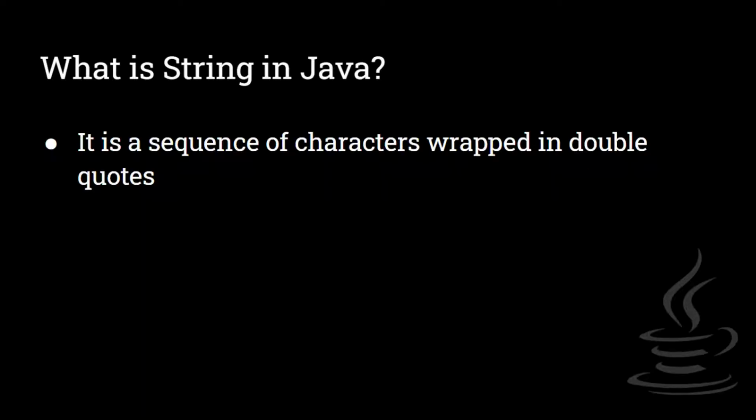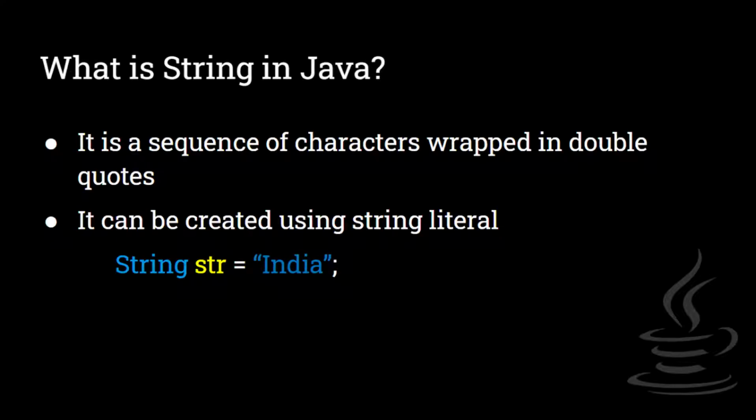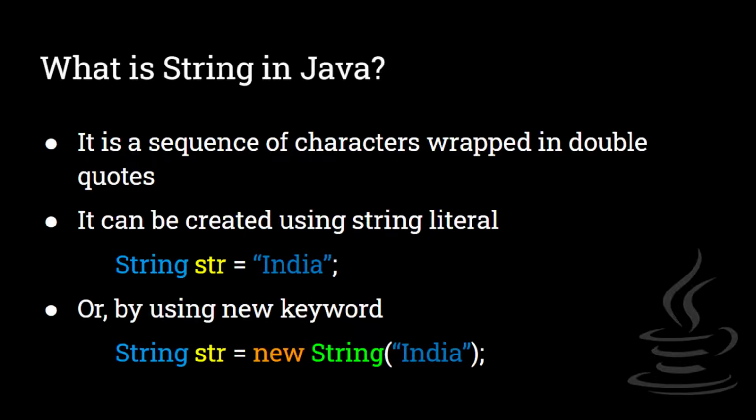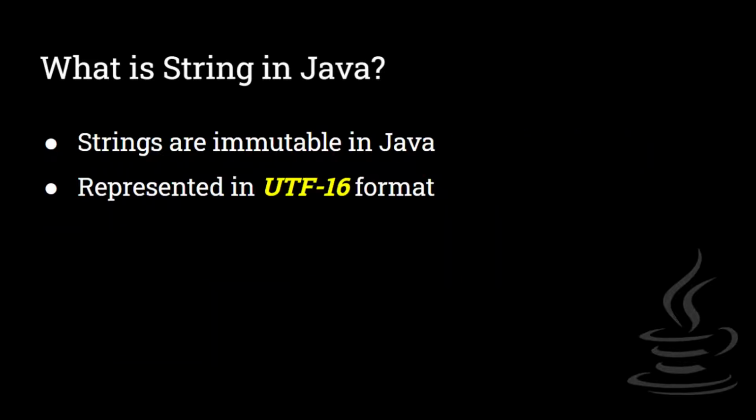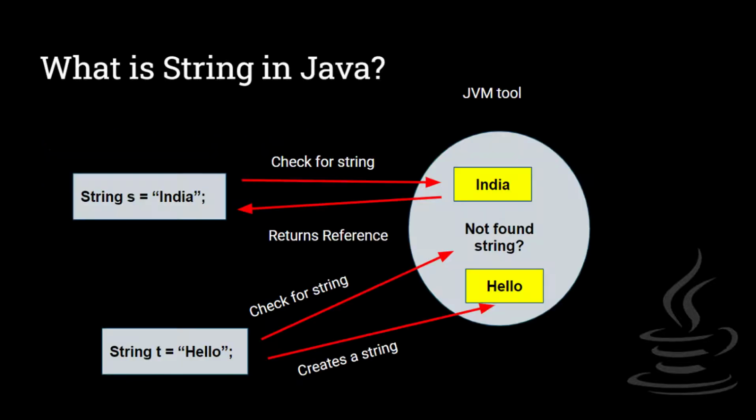Strings in Java are objects used to represent a sequence of characters. They can be created either using a string literal or by using the new keyword. Strings are immutable in Java and are represented in the UTF-16 format. When a new string is created, it looks for a string with the same value in the JVM string pool. If it finds the same value, it returns the reference, else it creates a string object and places that